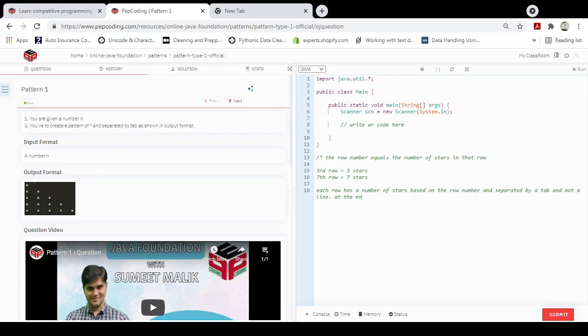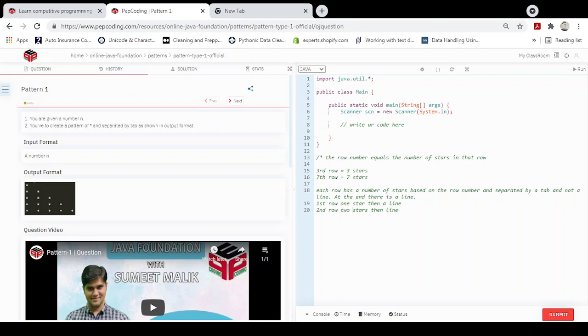At the end, there is a line. In the first row we have 1 star, then a line. In the second row, we have 2 stars, then a line,